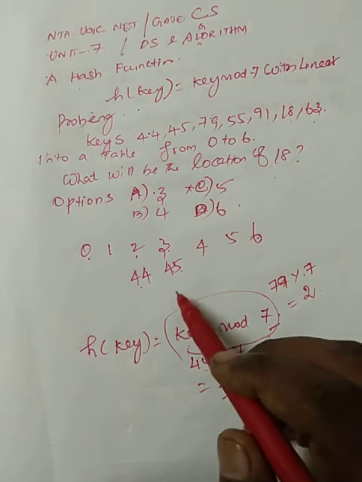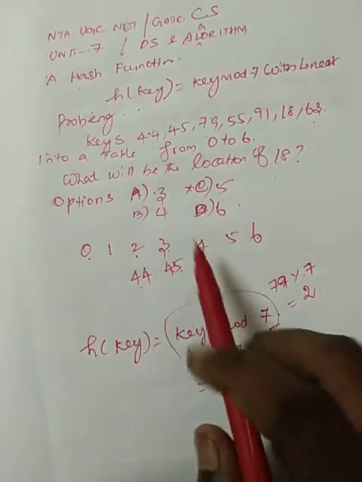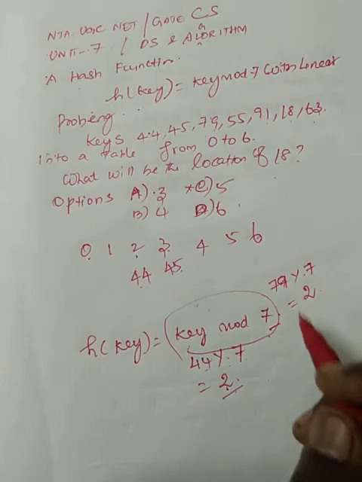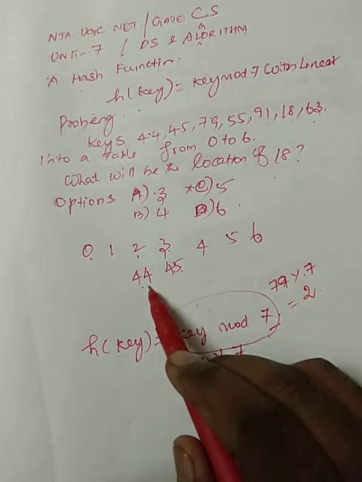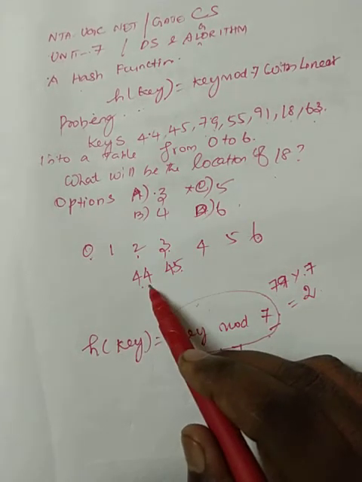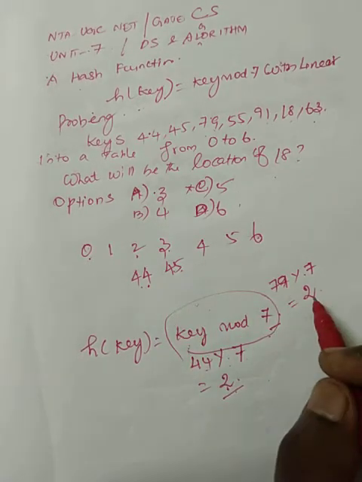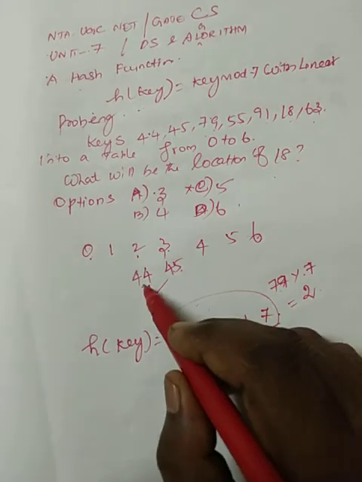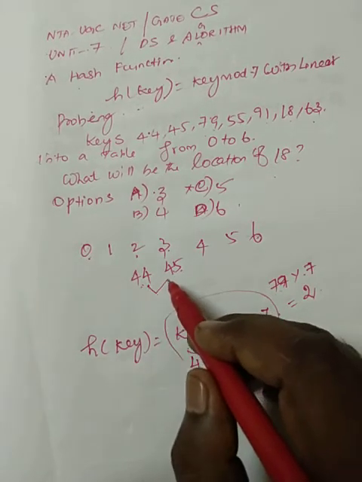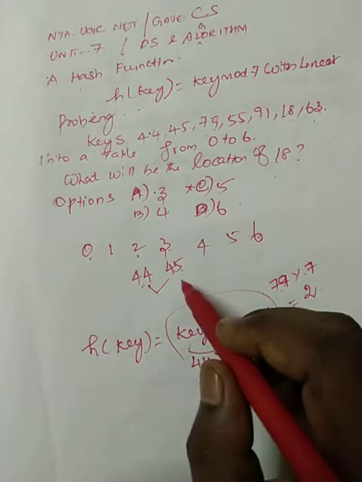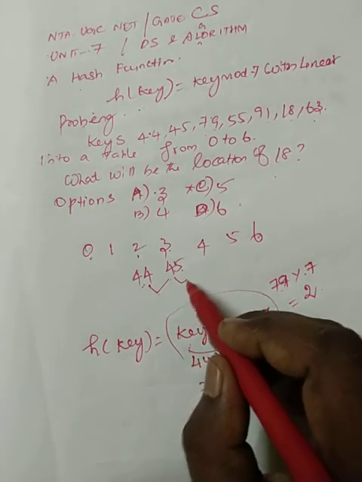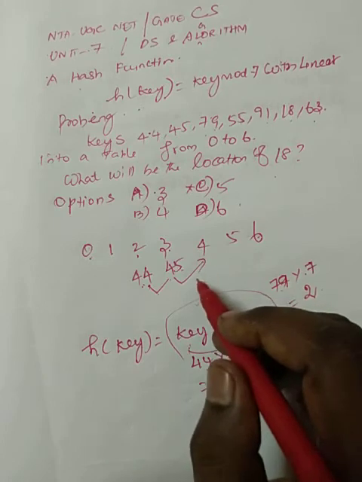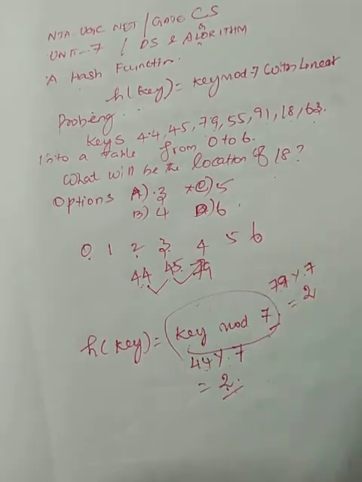But the beauty of linear probing is this: we are locating the second position, but 44 is already occupying it. So in that case, what do you do? You place 79 immediately next to this position if the next position is vacant. If it is already filled, then you place it in the next position after that. So 79 will be placed here.